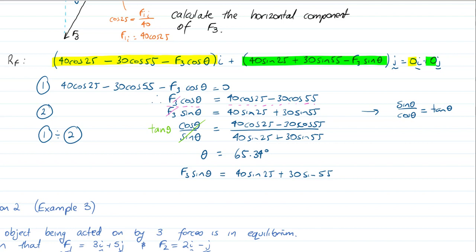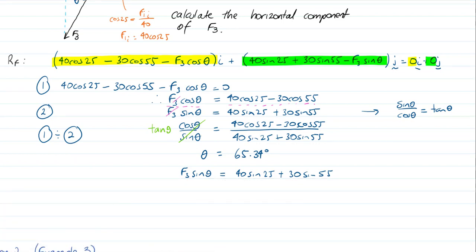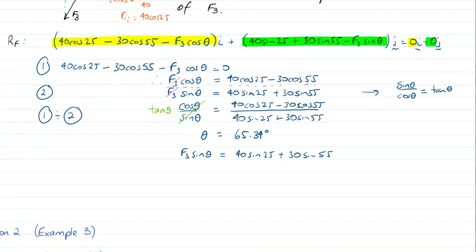And keep in mind, I could, if I wanted to, use the other equation, F3 cos theta, but I've used this one and it doesn't really matter. And F3 is equal to 40 sine 25 plus 30 sine 55 divided by sine 65.34, which hopefully I've kept in my calculator,